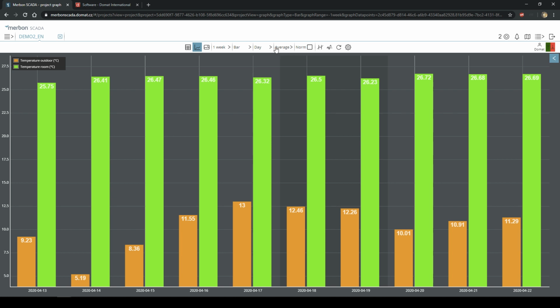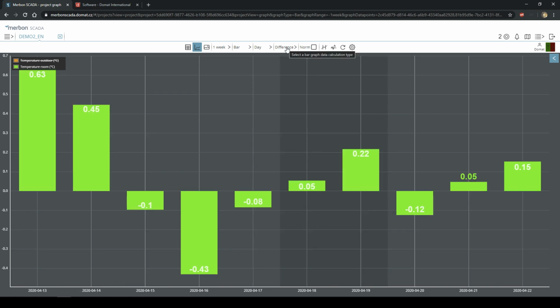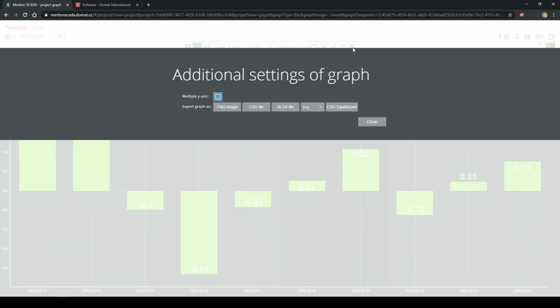The bar graph can be useful here. For example, if you have an energy meter, where it's a state of the energy meter, you can create the consumption for every month, for example, or every day. If you choose 1 week, you choose just, for example, 1. Then you can choose a day and the difference. So it will show you the difference. And if it's the current state of your energy meter, you can see by difference the consumption for this period. And then you can, for example, export it, because this last